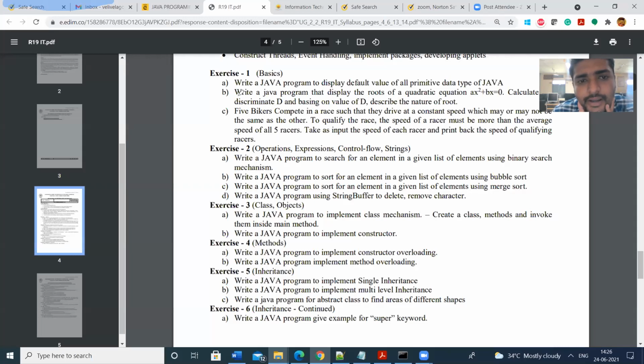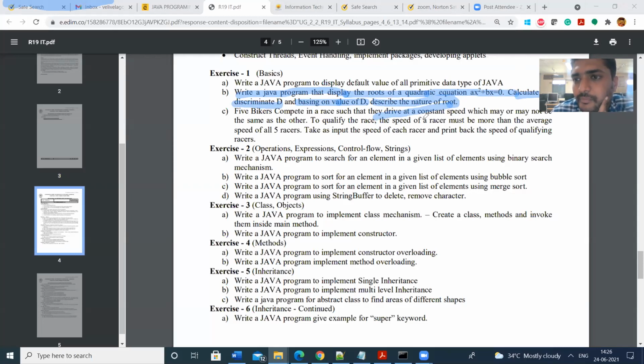Write a Java program that displays the roots of the quadratic equation ax square plus bx plus c equal to 0, and calculate the discriminant value d, and based on the value of d, describe the nature of the roots. This is the program for finding the roots of the quadratic equation.